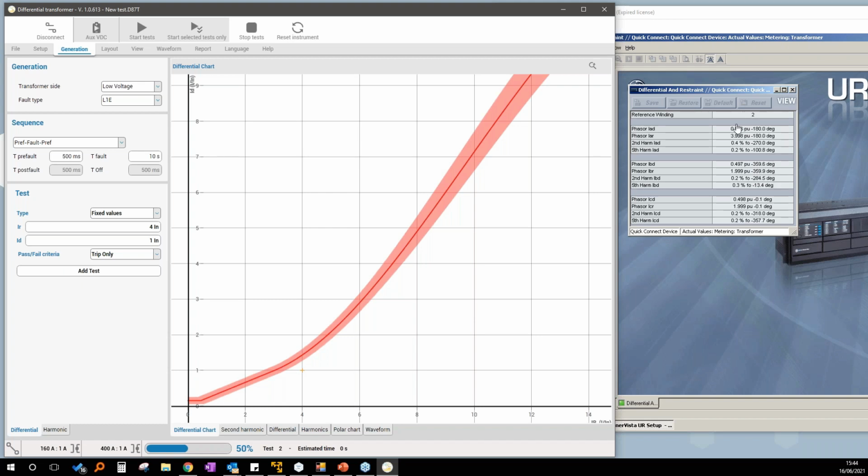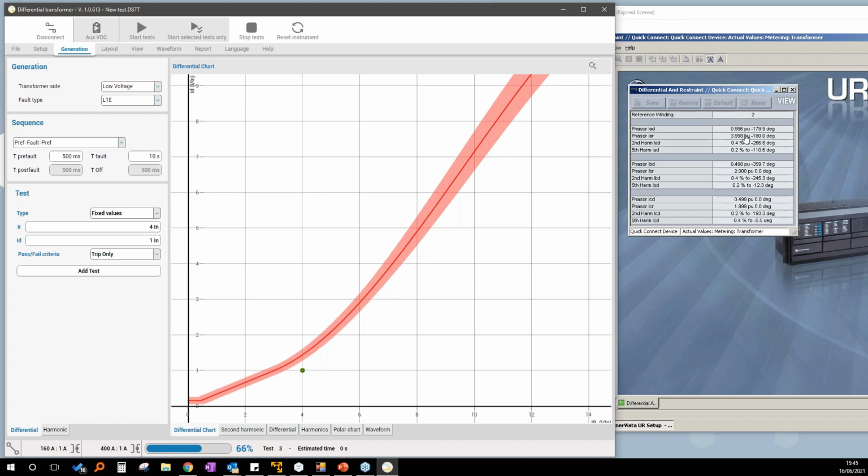So 1 and 4 will be for phase A. The other two will have different values. In particular, the differential current of phase A is double the differential current of the other two phases.